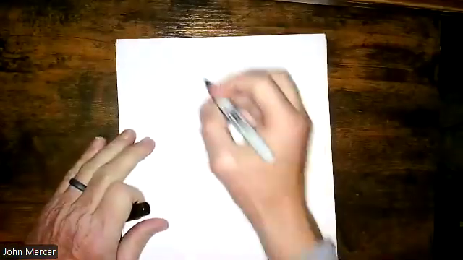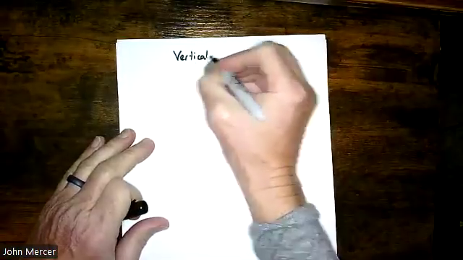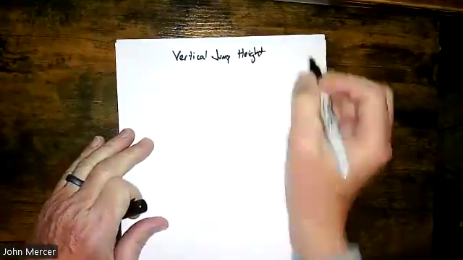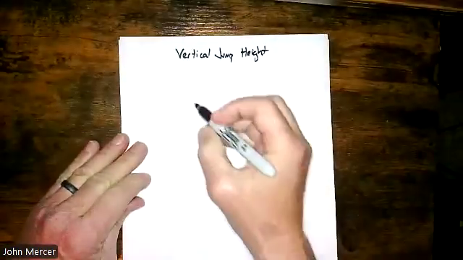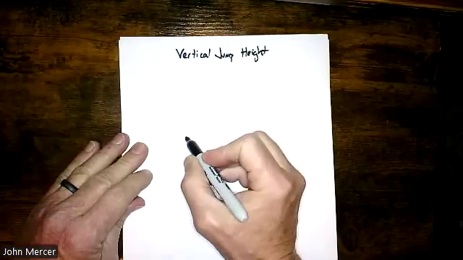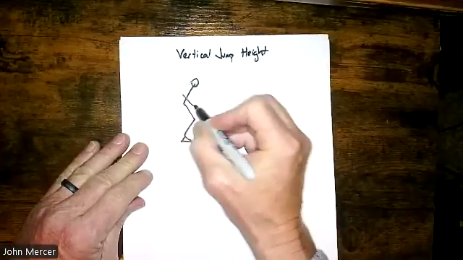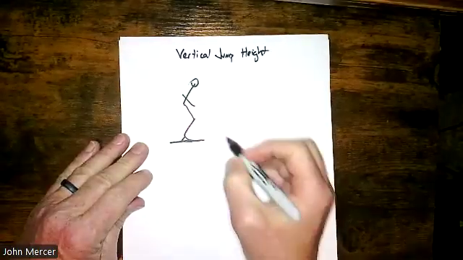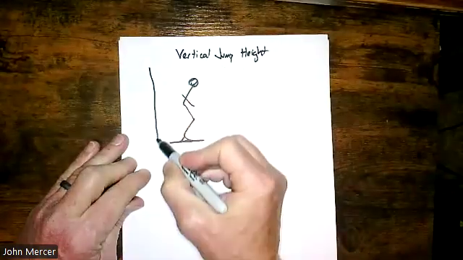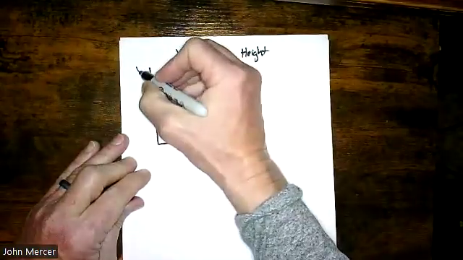Okay, let's go through calculating vertical jump height. Now, if we did this with a camera system, we could look at a person doing a jump. Let me try to draw a person here. This is why the person's still in contact with the ground. And if we used a camera, we could set up a Cartesian coordinate system consisting of X and Y